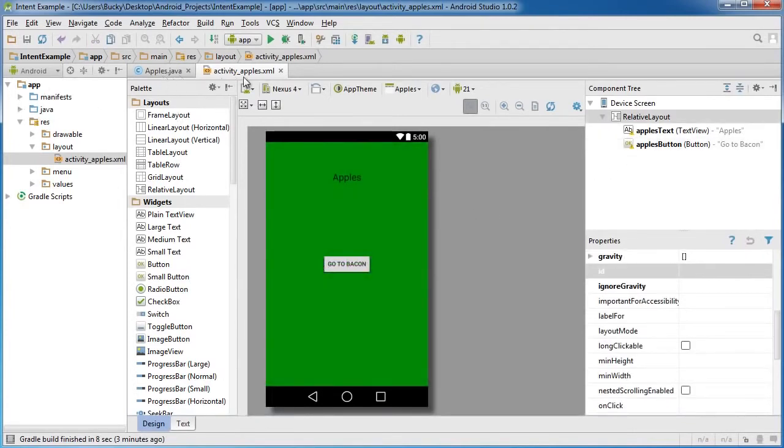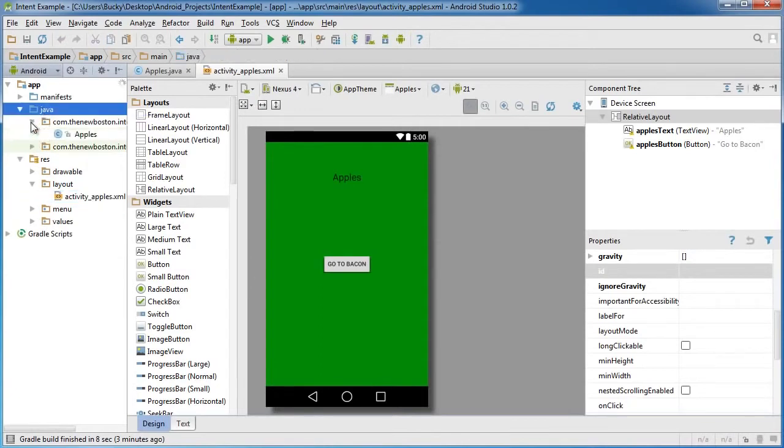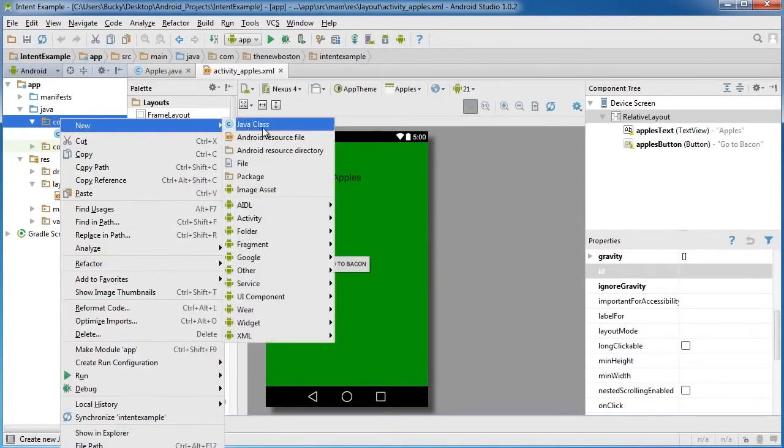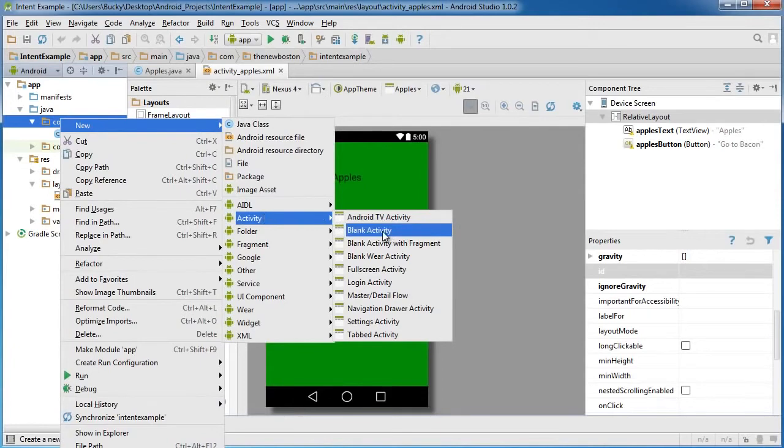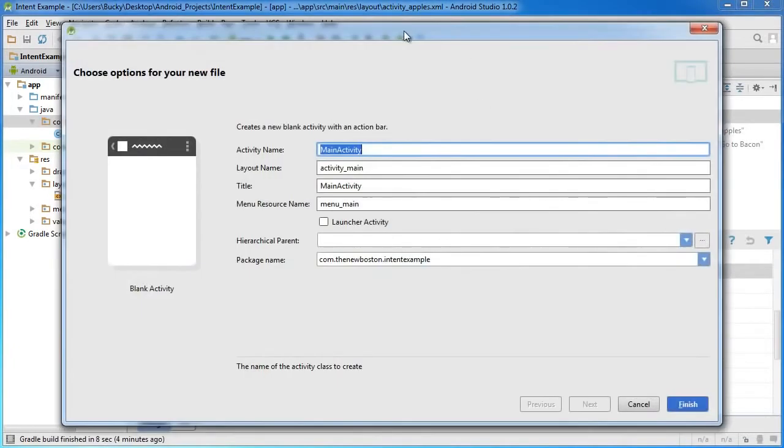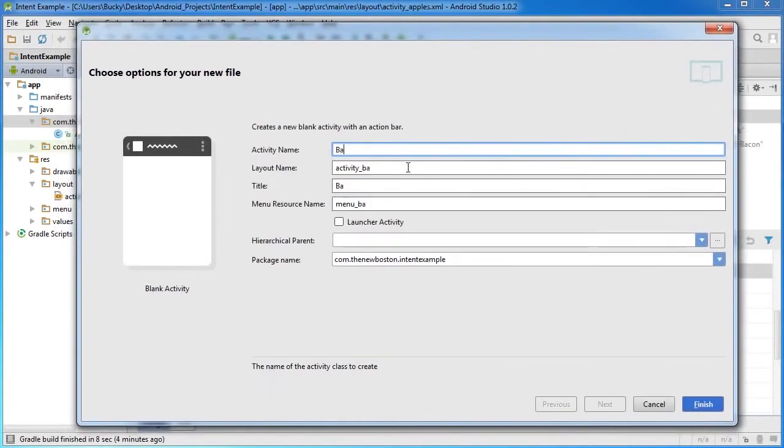Alright, so now we need a bacon activity. So in order to do that, remember, just go to your Java folder right here, and in that main package where your apples Java file is, just right click it and select new activity blank activity, pretty much adding another activity to our project. So I'm just going to name this one bacon, and make sure that you don't have the launcher activity selected, because remember our apples one is the very first one that we want to appear. This is just going to be an extra one. So hit finish,